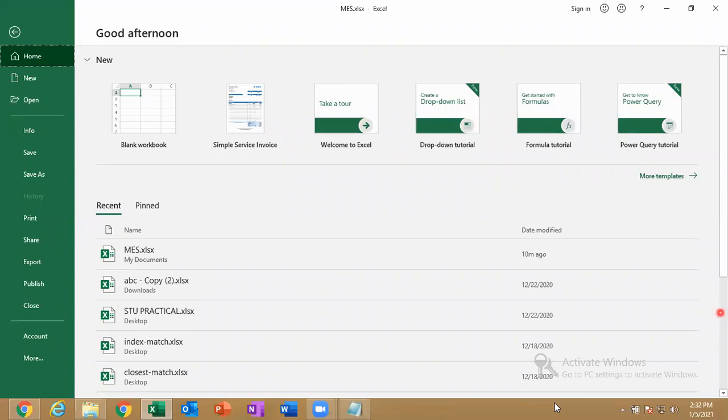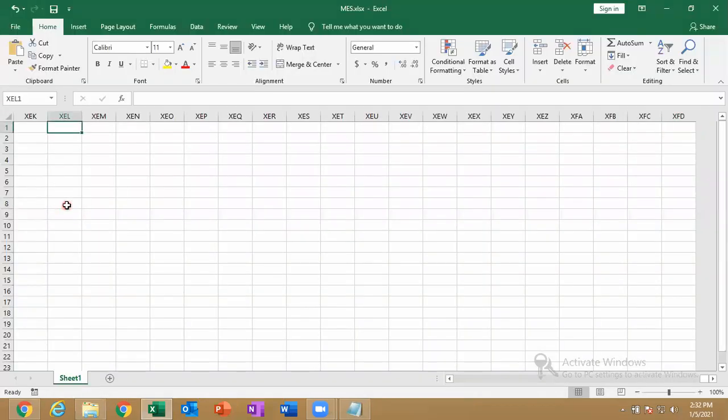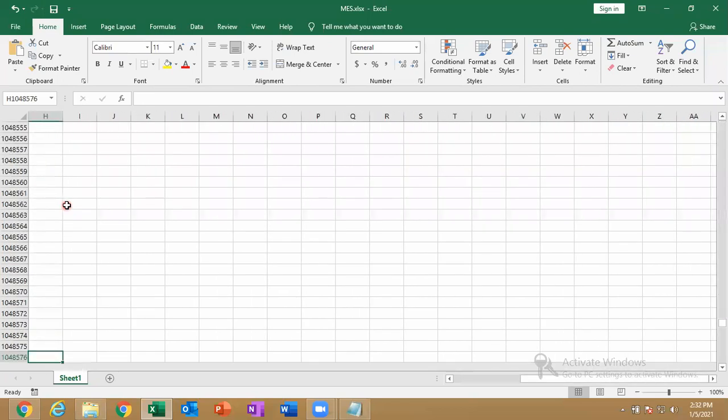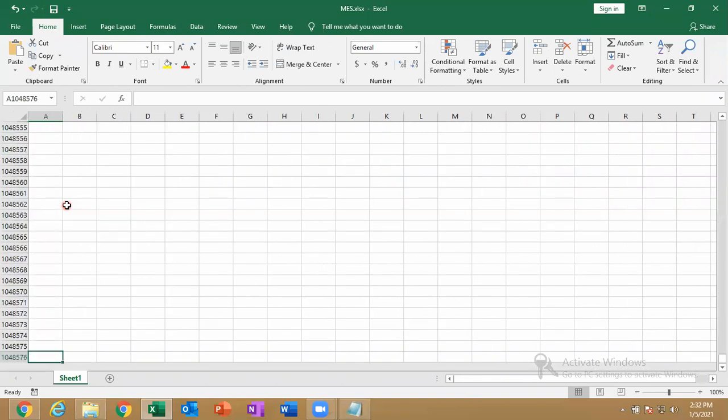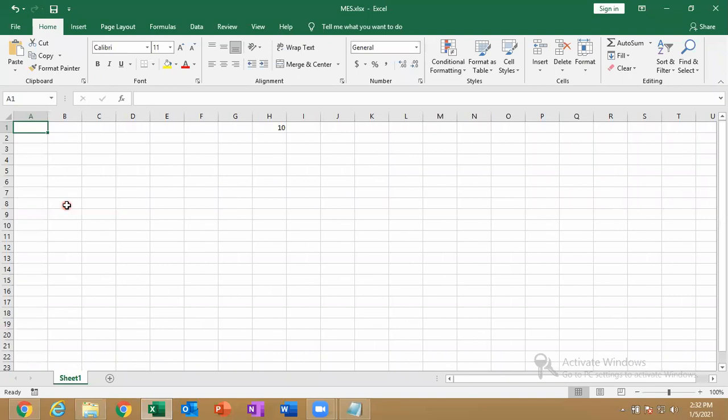Sir, to go to the first row, what to do? Control plus left arrow. If you're down, to go up to the first, top, left, down, right, you adjust with the four arrow keys. If you're at the bottom, press up to go to the first, left, right. The four arrow keys are used to adjust, to show how many rows and how many columns are there in your entire Excel worksheet. Is that clear? Understanding how many rows and columns are there in your Excel workbook?